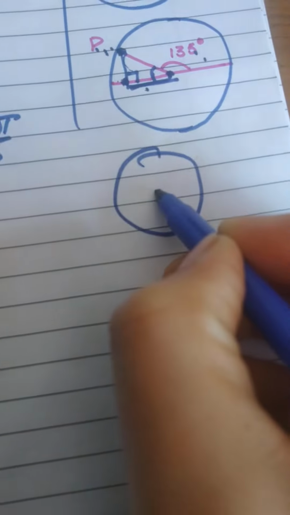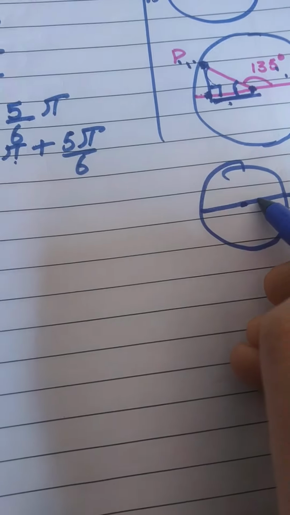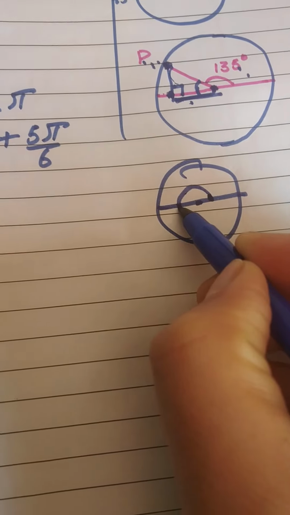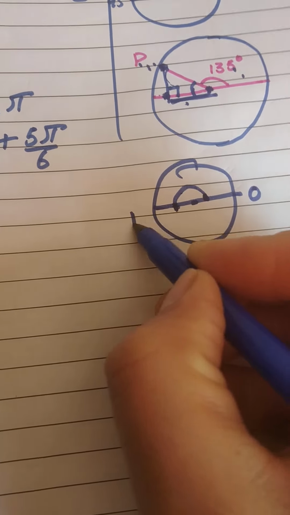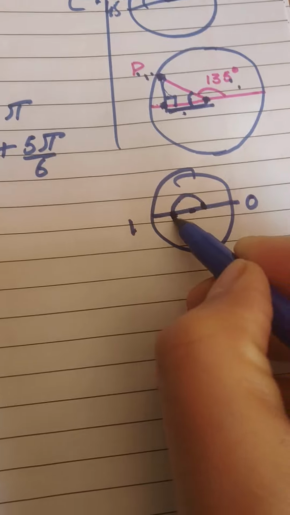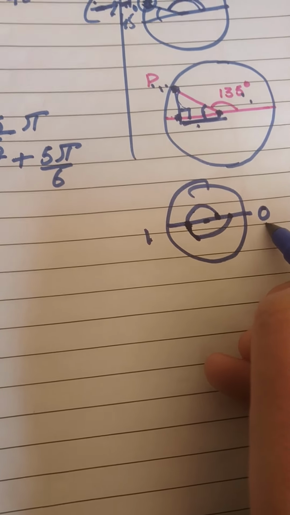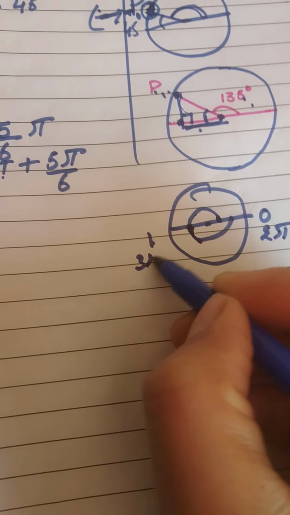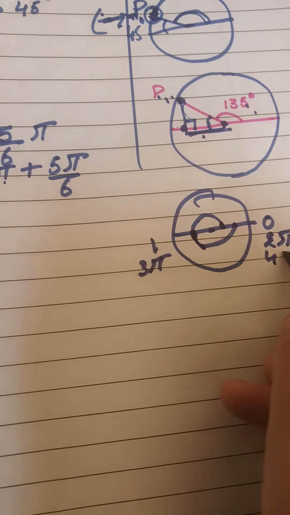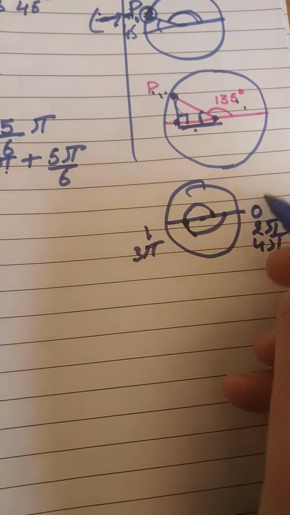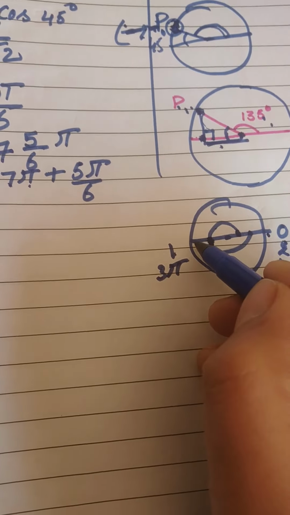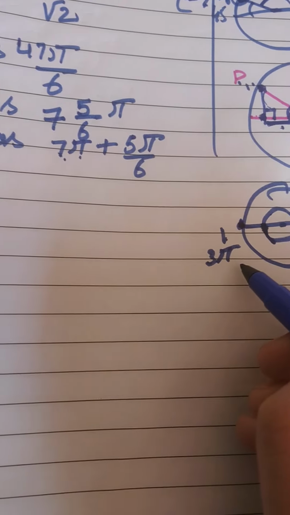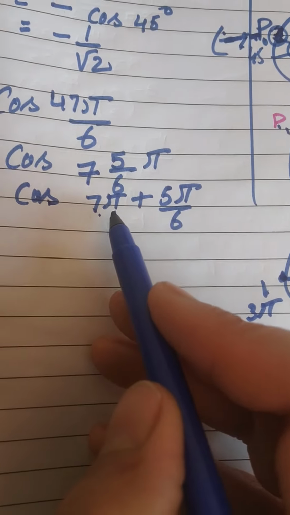When we take 1 pi round, because it's positive, we reach here. So this is 0 round, this is 1 round. When we take 2 pi rounds, we reach here. When we take 3 pi, we reach here. When we take 4 pi, we reach here. So whenever they are even, we reach here. When they are odd pi's, we reach here. So this is odd pi. That means we are here.